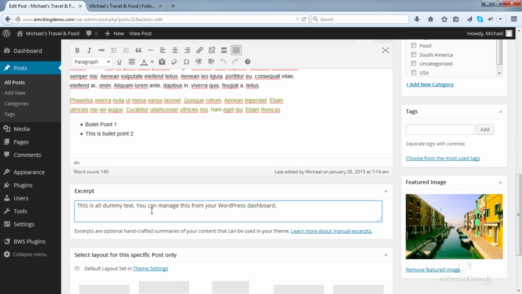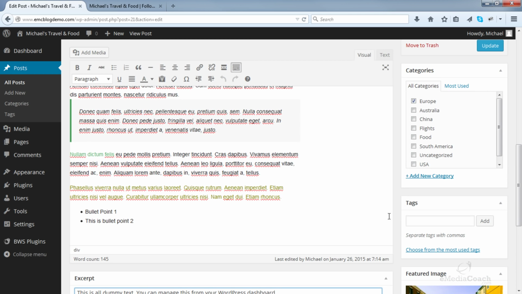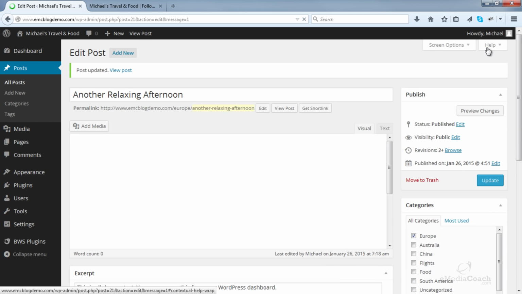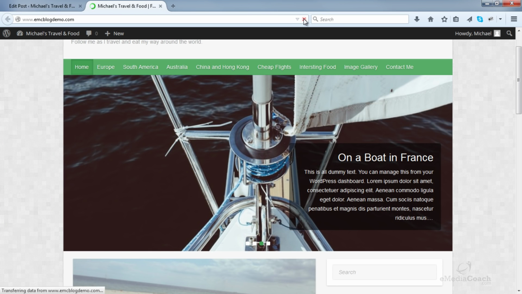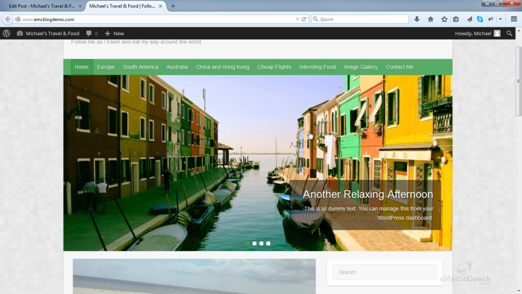That's all we want to appear. Go up and update. And there you go. It looks a lot cleaner and less messy. You can do that for all of your posts if you want.